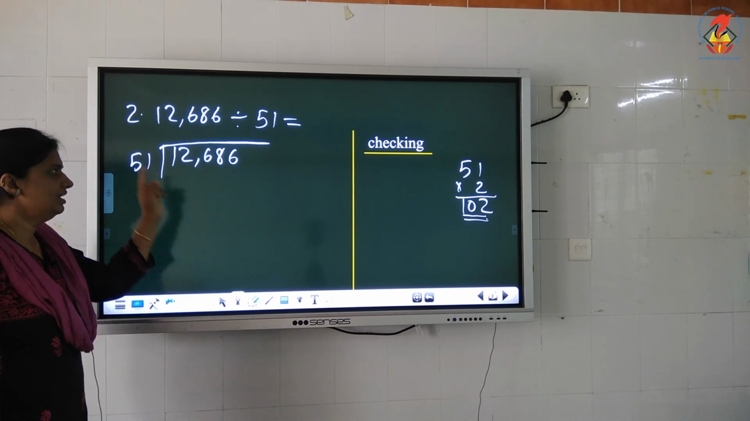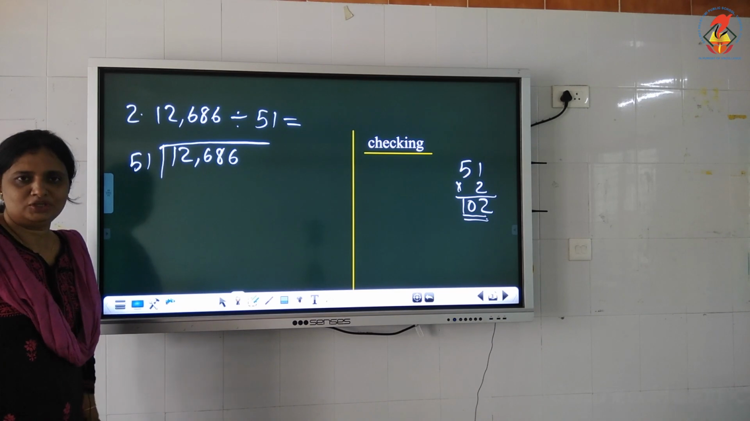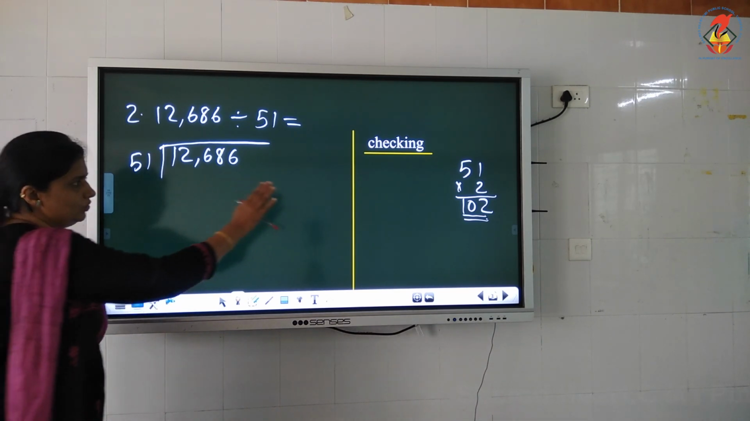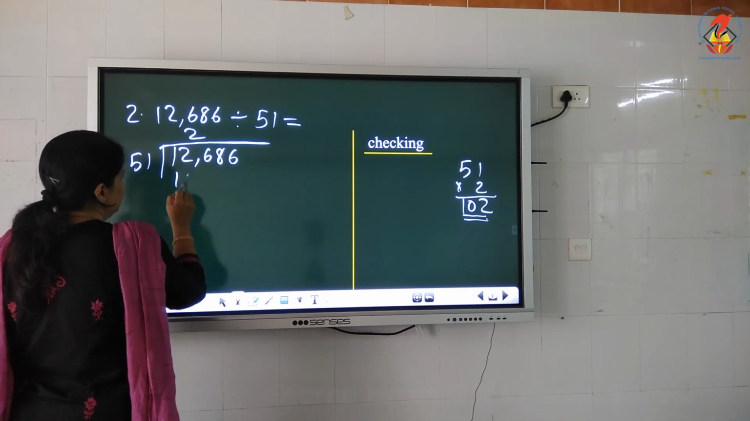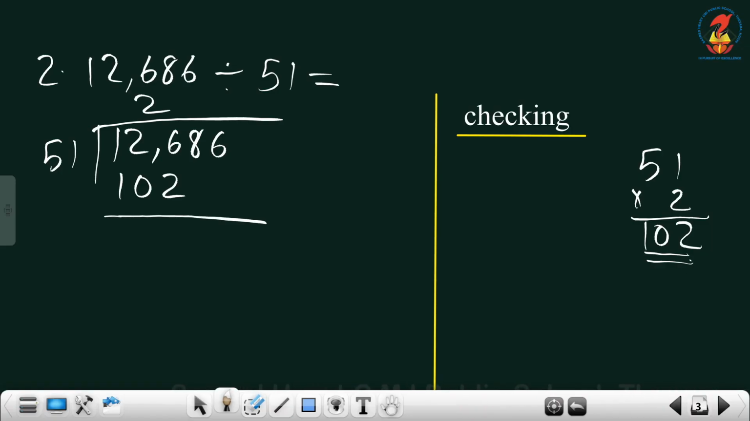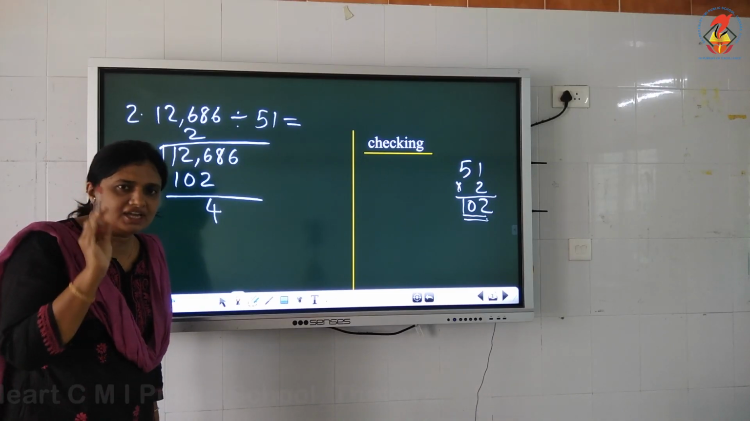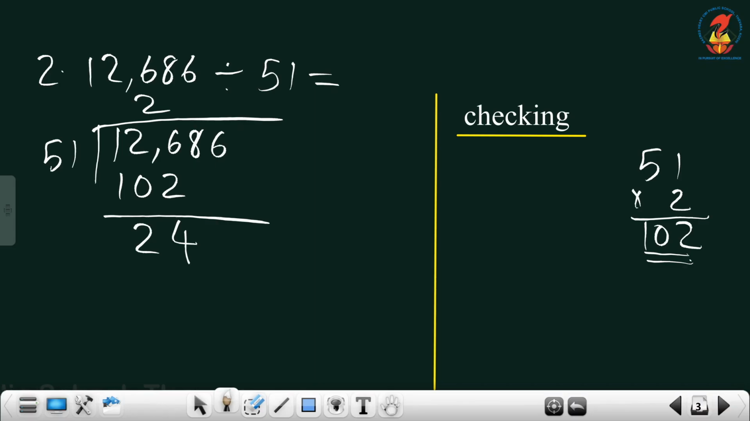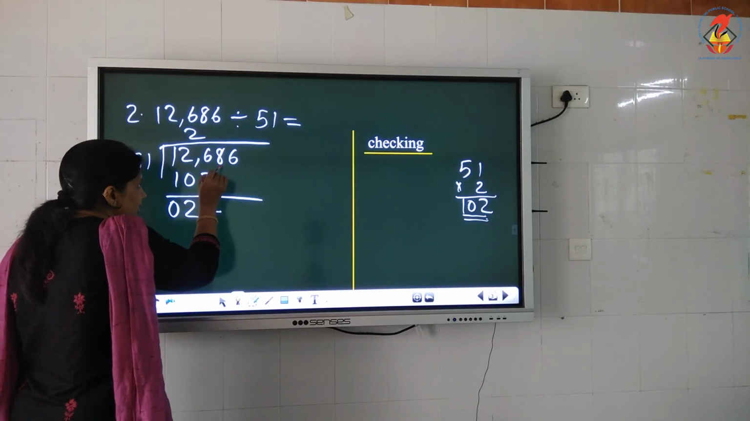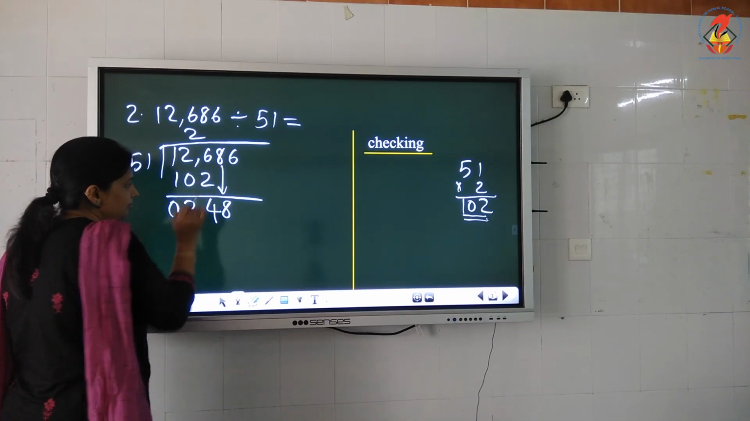51 threes is bigger than 126. So I need to take what? 51 twos are 102. Answer is what? 2. And 6 minus 0. 0 subtracted from any number, you will get what? Same number itself. 6. 12 minus 10, 2. And for this step, I need to take 1 digit down. It will become